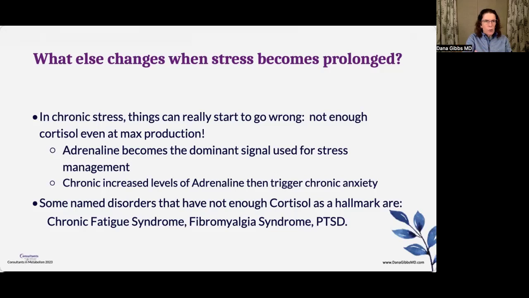And the more stress we endure, the more we overuse our adrenals, and the longer and harder they work, the more depleted they get. And when your adrenals can't produce enough cortisol to meet your needs anymore, then you get problems like chronic fatigue syndrome, can't even talk anymore, fibromyalgia, PTSD, or burnout. So really, really severe, debilitating things, most of which are not recognized as legit. Well, PTSD is, but they're not. Chronic fatigue is not really recognized as a legit medical diagnosis. Adrenal fatigue, same thing.